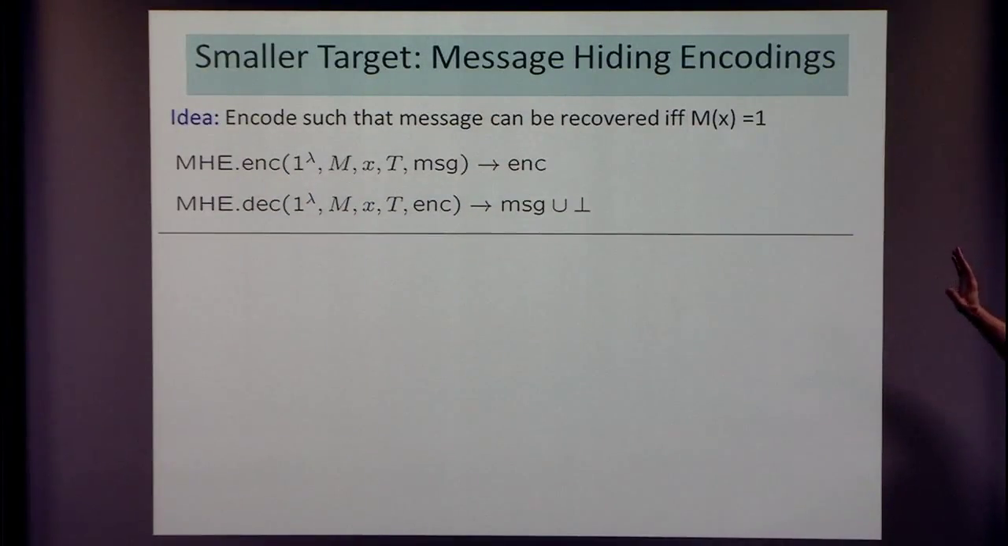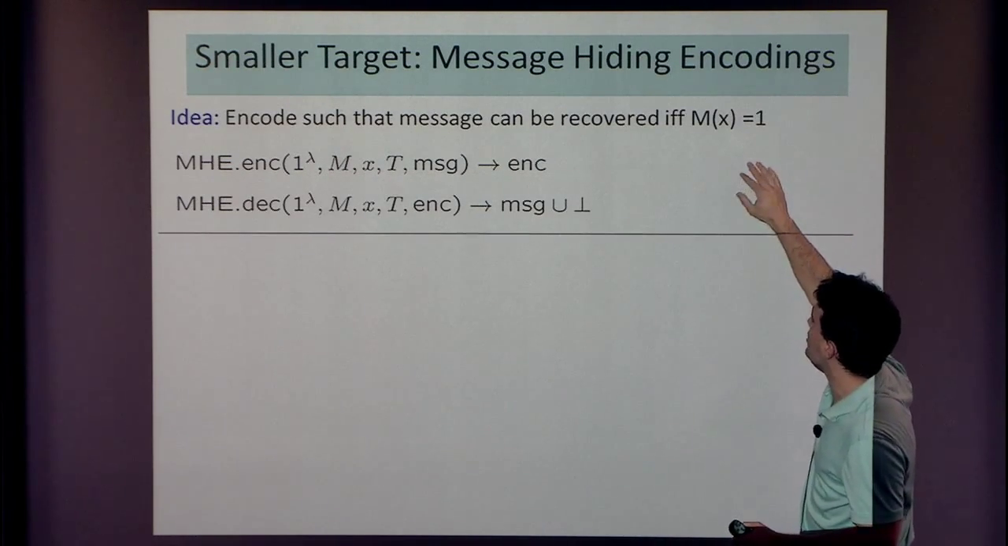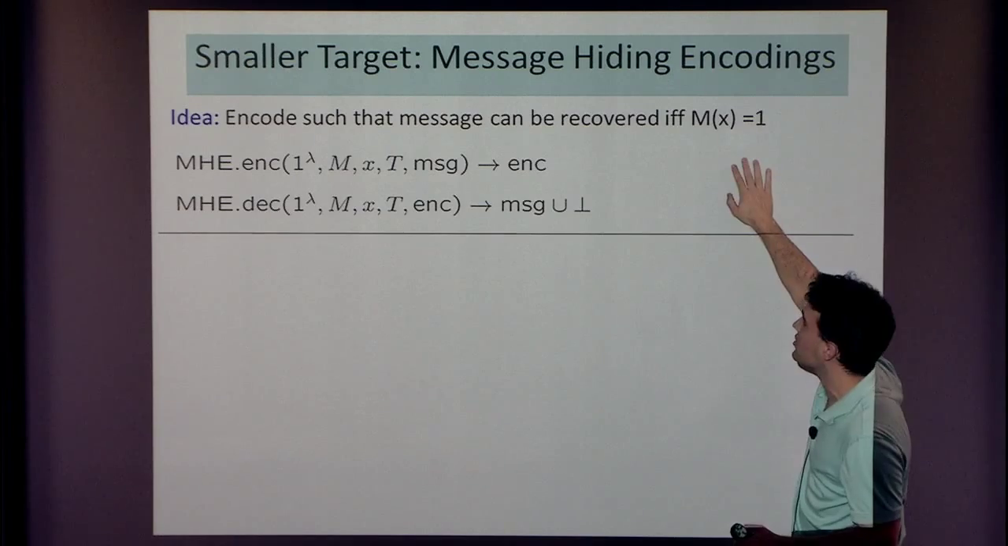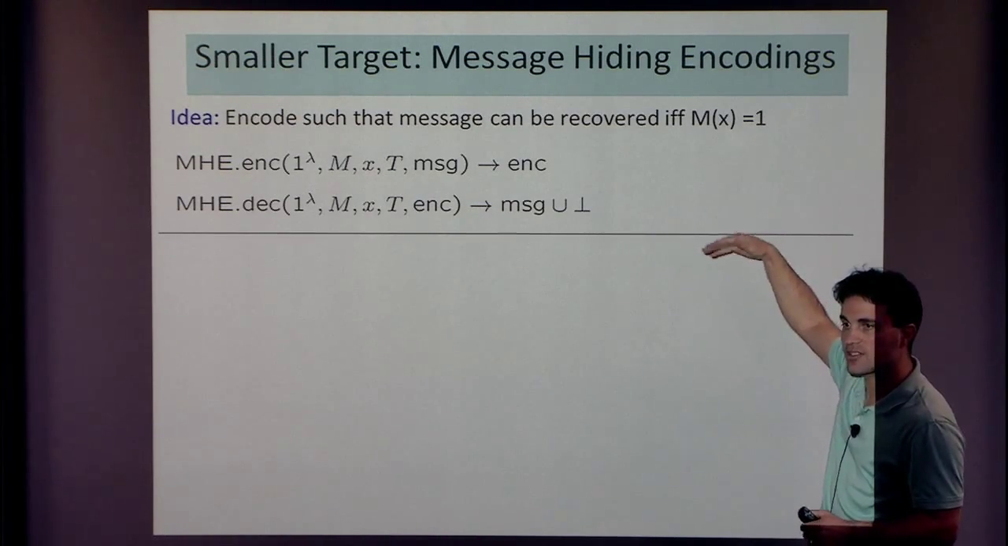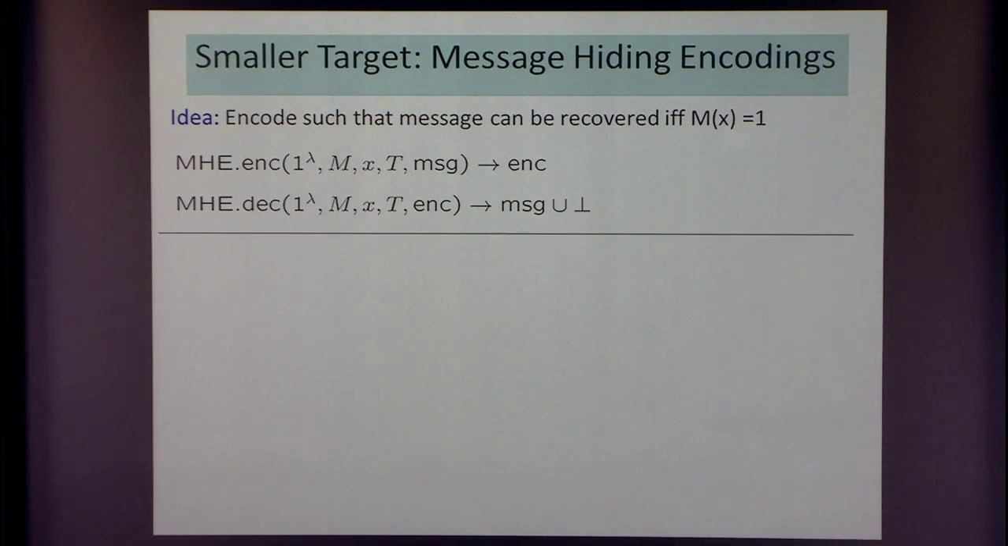And the idea here is to be able to have a Turing machine M, and I want to encode a message such that, given the Turing machine M and input X, someone should be able to decode and learn what the message is if M of X is equal to 1. Yeah? Did you define